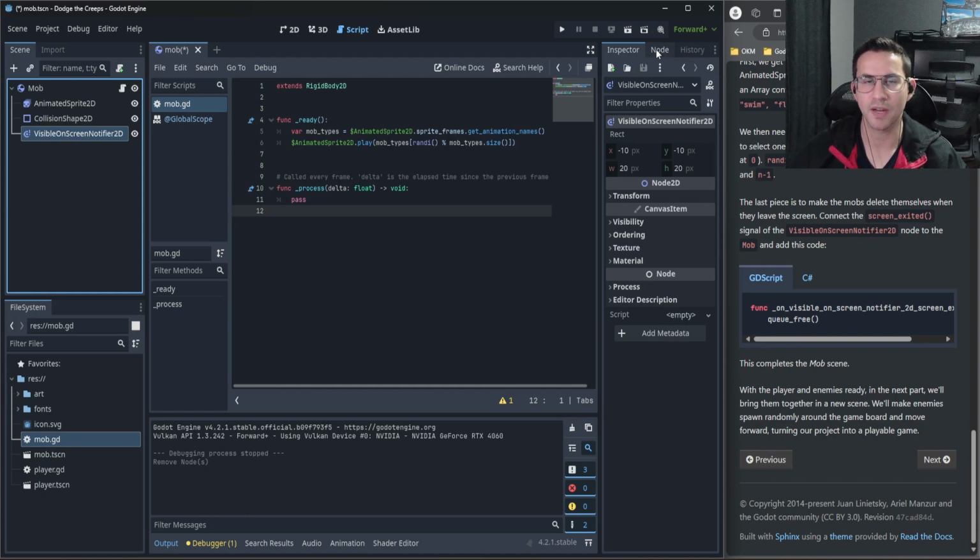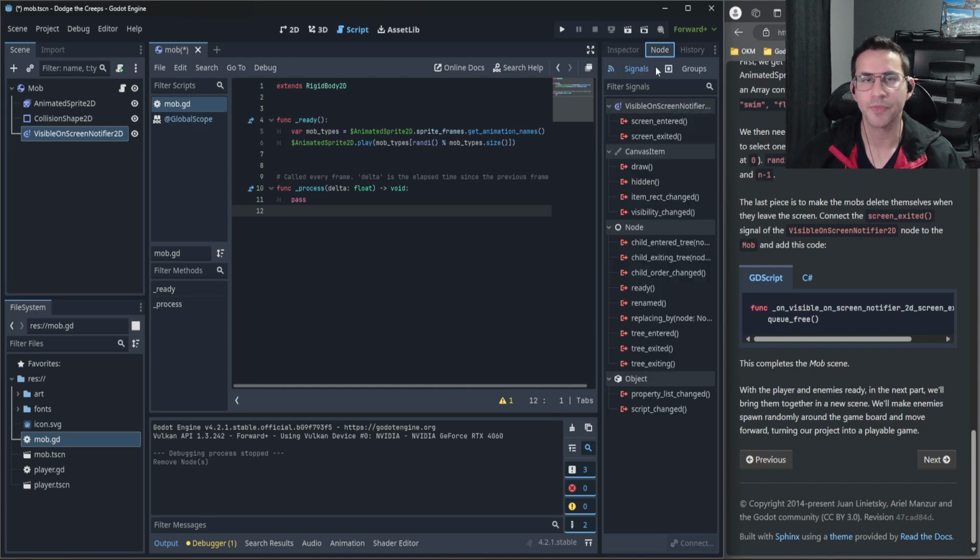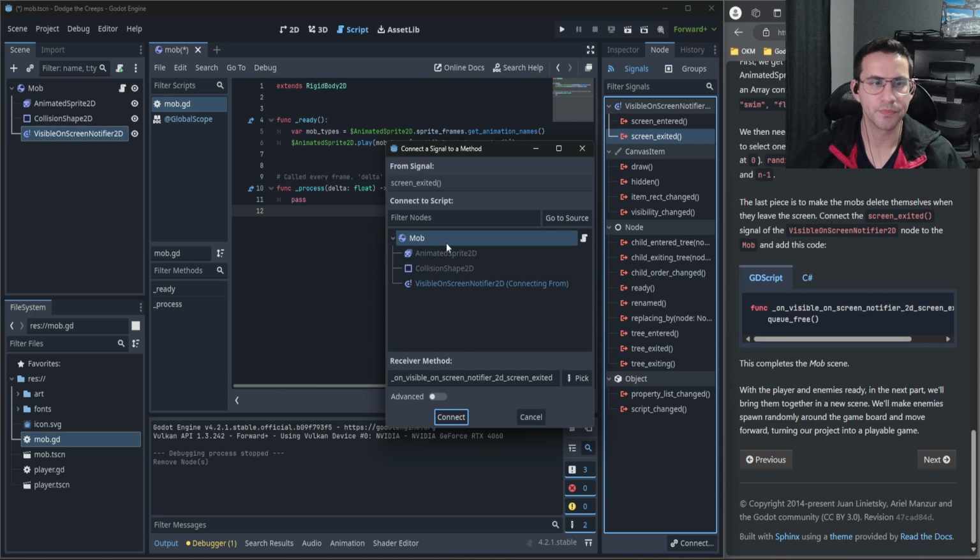On the right-hand side inspector, select node. There are two subcategories, signals and groups, and we want signals. And here we can see the screen exited signal. Double-click that, then select the mob entity itself, and that should auto-generate a method for us when we hit connect,